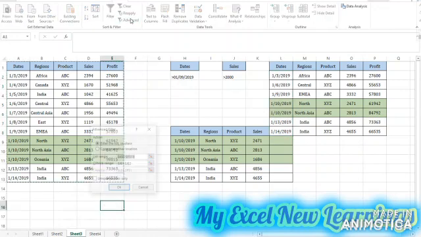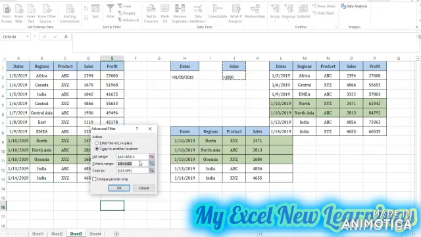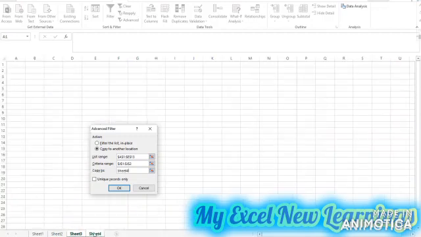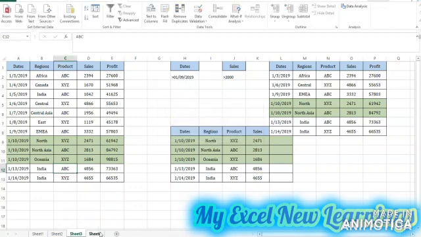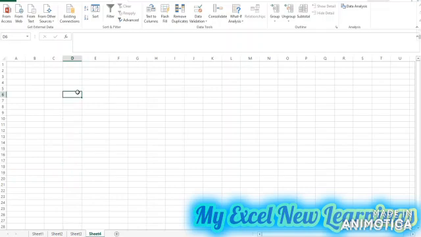So we are in the data and I click on the advanced filter and the range is selected. So this is my criteria. Now I want the data to be pulled to the other sheet, like sheet number 4. So I will click anywhere, then I will click OK. The advanced filter will give me an error stating that you can only copy filtered data to the active sheet. So the active sheet means before you filter the data, your cursor should be on the sheet where you want the data to be pulled out.